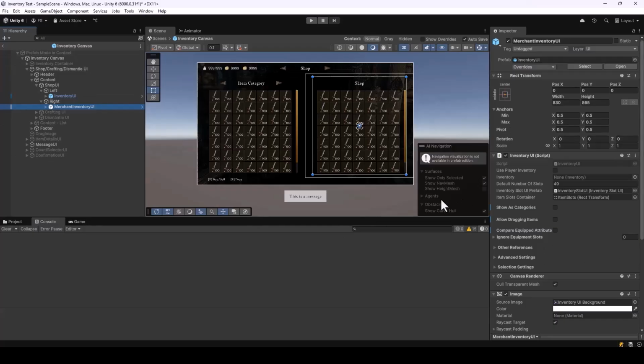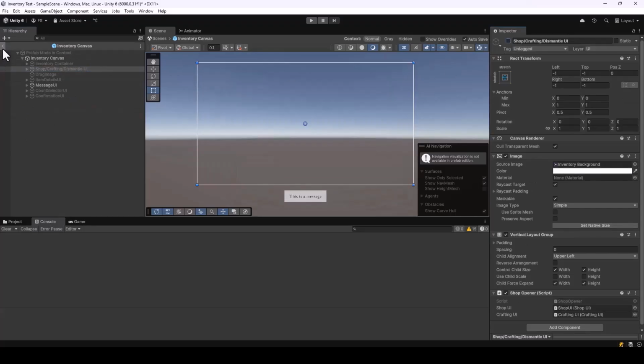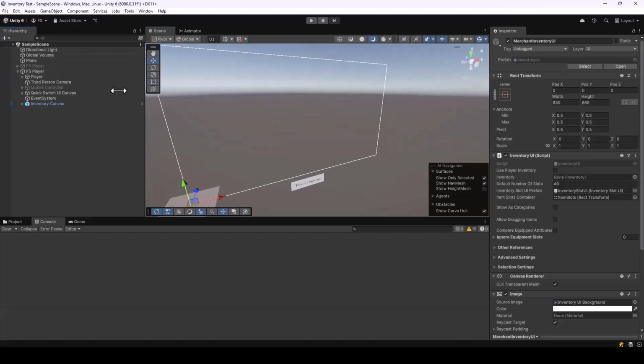Okay, so we don't want to hard code this because different merchants can have different inventory. So let's look at how we can set up a merchant first. I'll just disable this UI by default, and I want to set up a merchant, and I only want to open the shop UI when the player goes and talks to that merchant. Okay, so let me switch to the 3D mode,